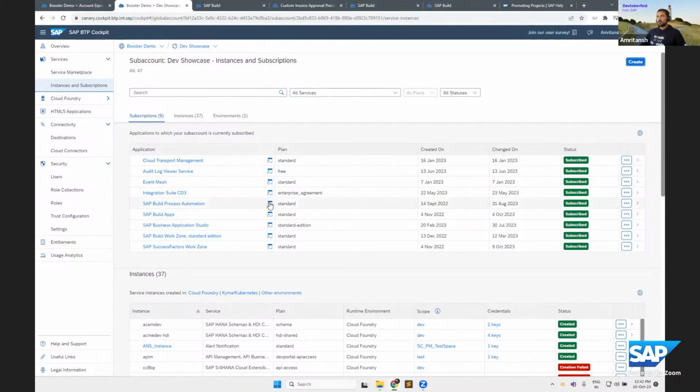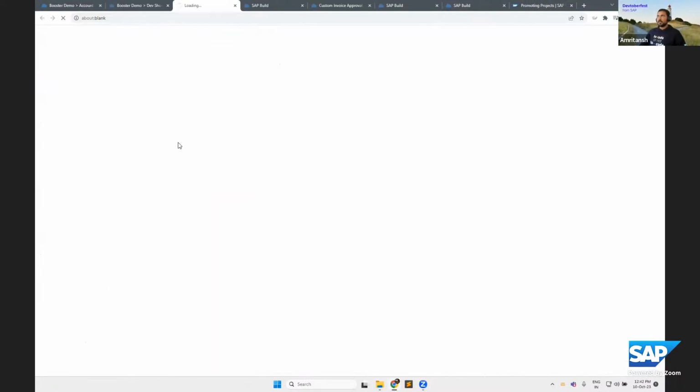I'll step into SAP Build Process Automation, go through the existing set of projects, and briefly talk about the tenant mode, which Tarun mentioned in the slides.